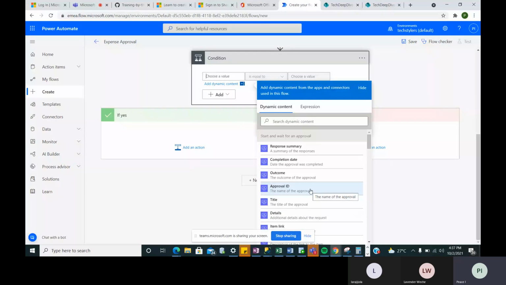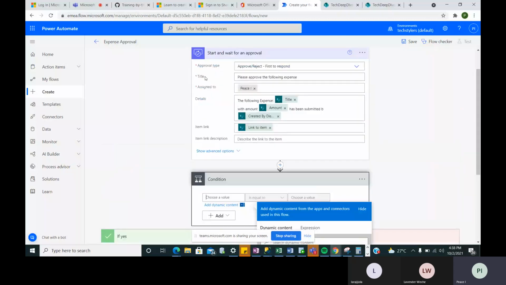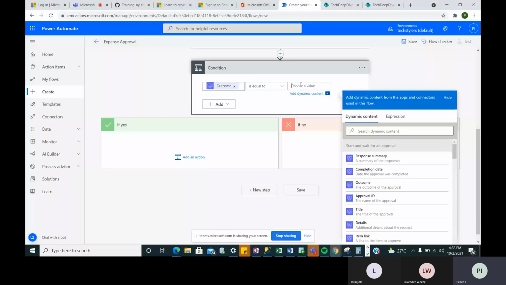So now you see this outcome. This is the outcome of the approval. If the outcome was approved or rejected, basically, is the outcome. If the person who was supposed to approve this approved it or rejected, whatever outcome it is, that's what we are trying to check using this condition. So what we are going to do is say outcome. So now if the outcome is approved,